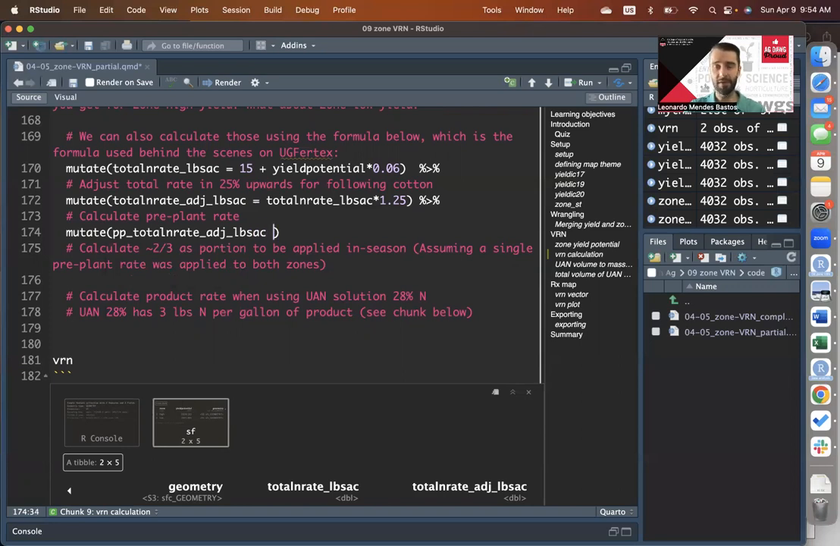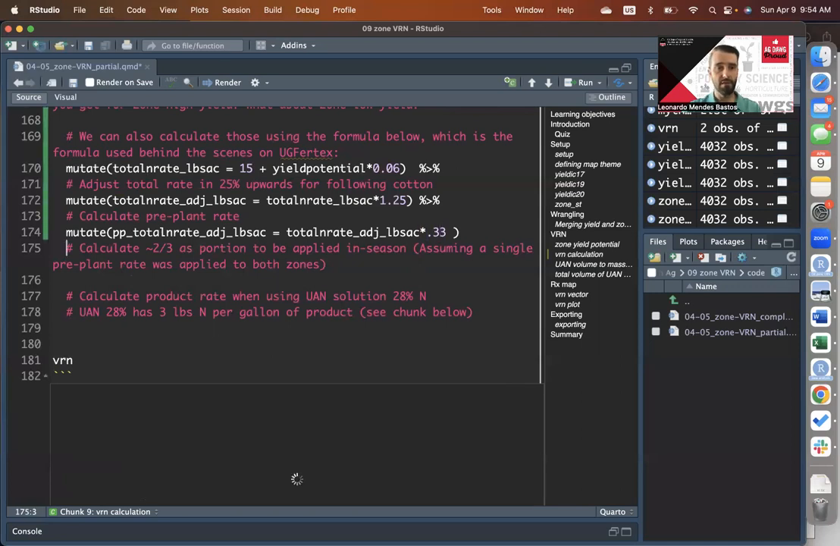So the column names are getting longer, but I just want to make sure that we are very clear on what we're doing so we don't get confused afterwards. So in our case, I want to propose that we apply 1/3 of the total N rate at pre-plant or near planting. So to do that, we just give it an equal sign here on this column, and I want to take the total nitrogen adjusted rate. And if I want to apply a third of that at pre-plant, what we do here is basically multiply that adjusted by 0.33, right? That gives us 33% of the total. So if we run that,